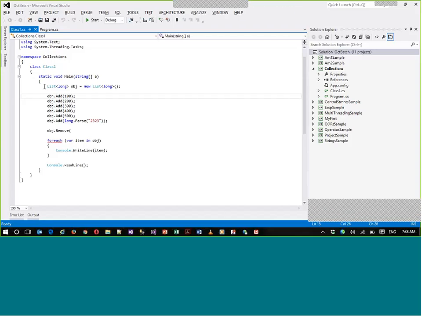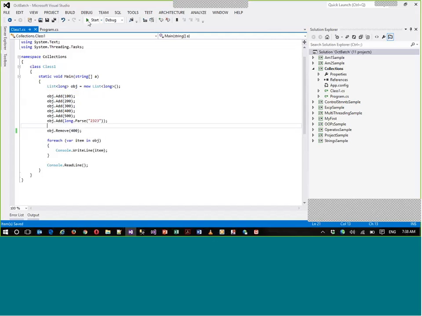So we were discussing the list now, where we added items and tried to iterate. All the methods you have seen for collection items or lists, all the internal methods will apply even for our generic collection items, like remove. Let's say I want to remove 400.